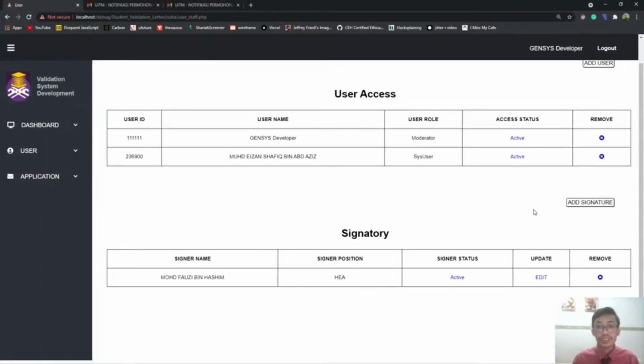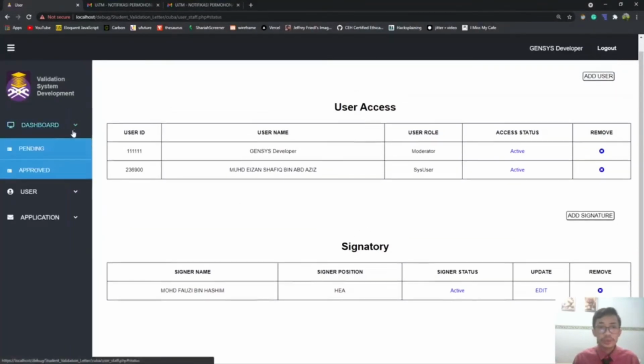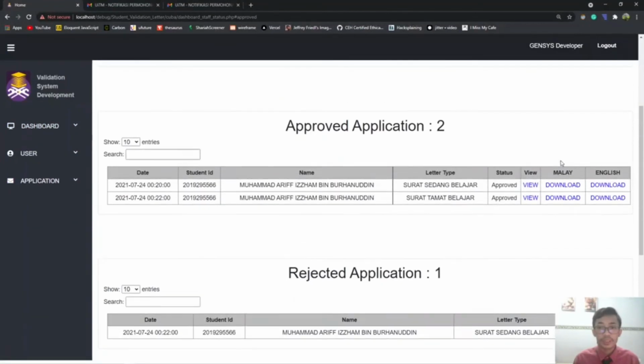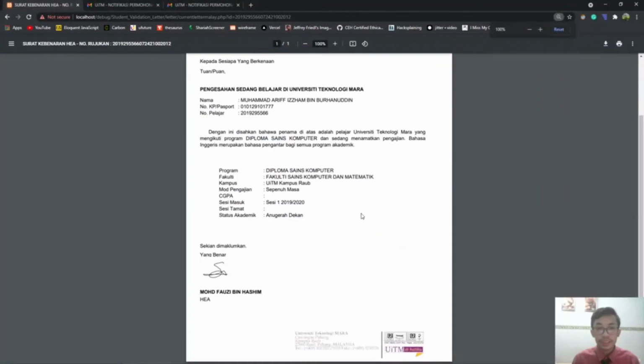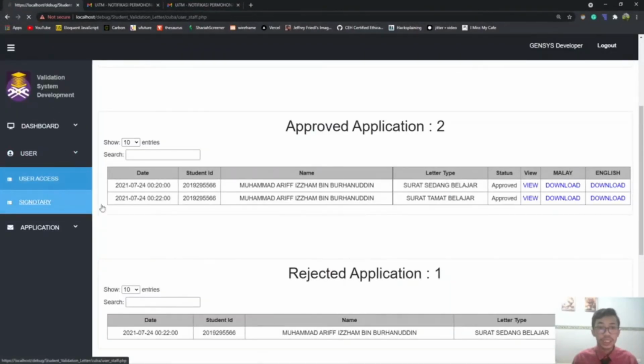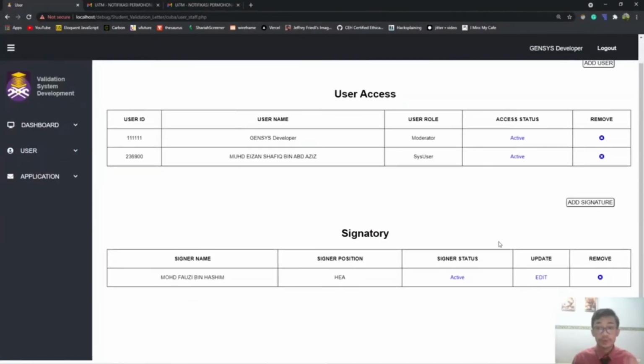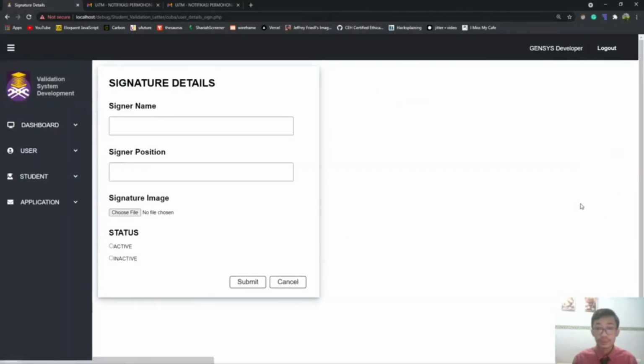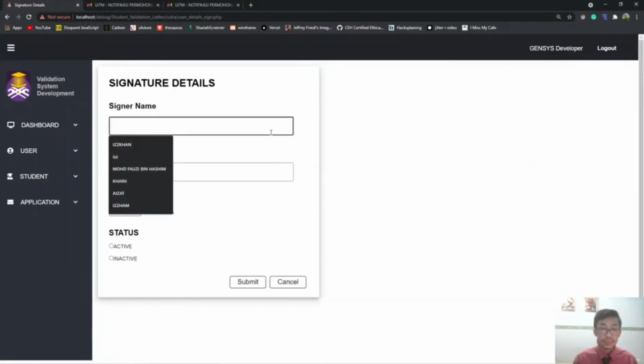Next is the add signature. For the add signature, if we go to the letter, we can see at the bottom we have Muhammad Fazi bin Hashim HA and a signature, right? So this signature, we can change it for a new user. We can click add signature and insert someone's name,